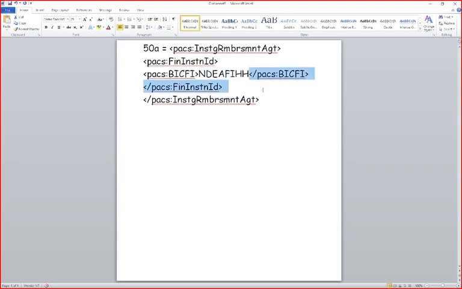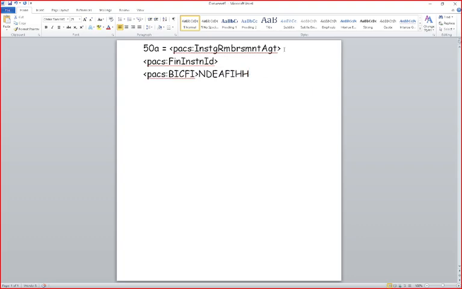The other part is a closing statement. All these are closings, so not required also. So this is the only important part here, which is the instructing reimbursement agent, and we are putting the BIC here, which is equivalent to your field 53A. Normally this is too complicated, so they will not ask you can you map your instructing reimbursement agent, or, sorry, my